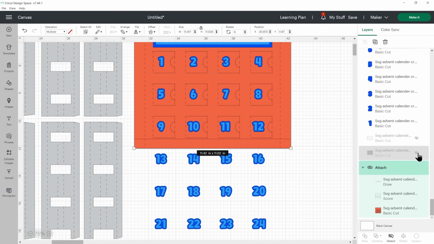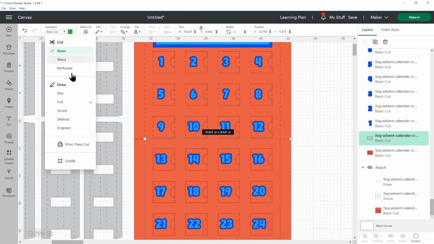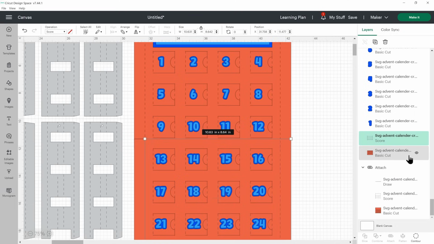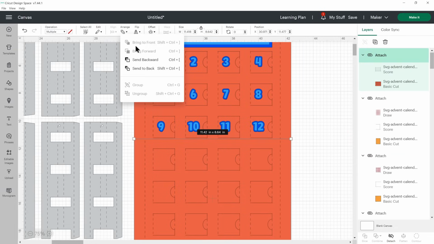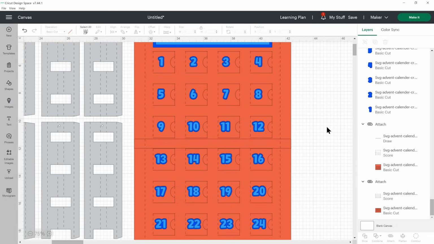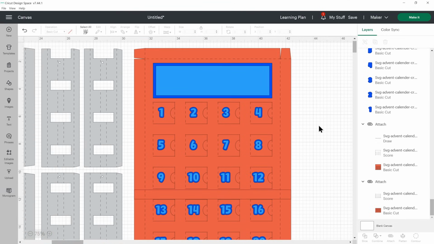All right, just a little bit left, which is now the bottom part and the line on top. So the line on top is green. It's going to be score. And then that's just those 2 layers to attach together, and once again we'll go arrange, send to back. And that's it for all the formatting. We're done with that now.